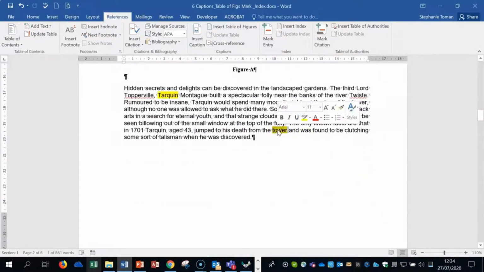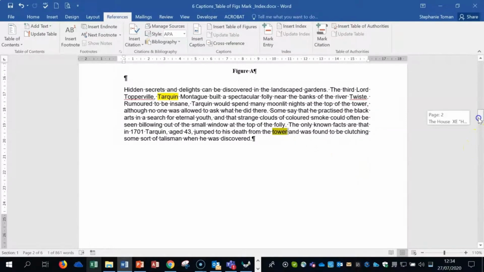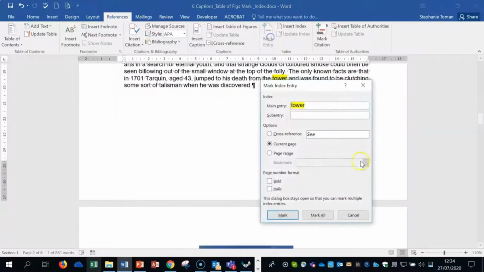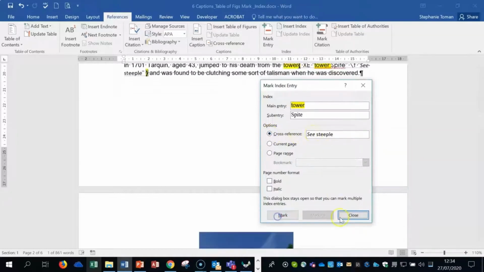If we had tower, let's mark that on page 2. So mark entry could be tower, could be spire, and we can have cross-reference steeple, like that. So you would click in there, leave the C in there, don't delete it, and then mark and